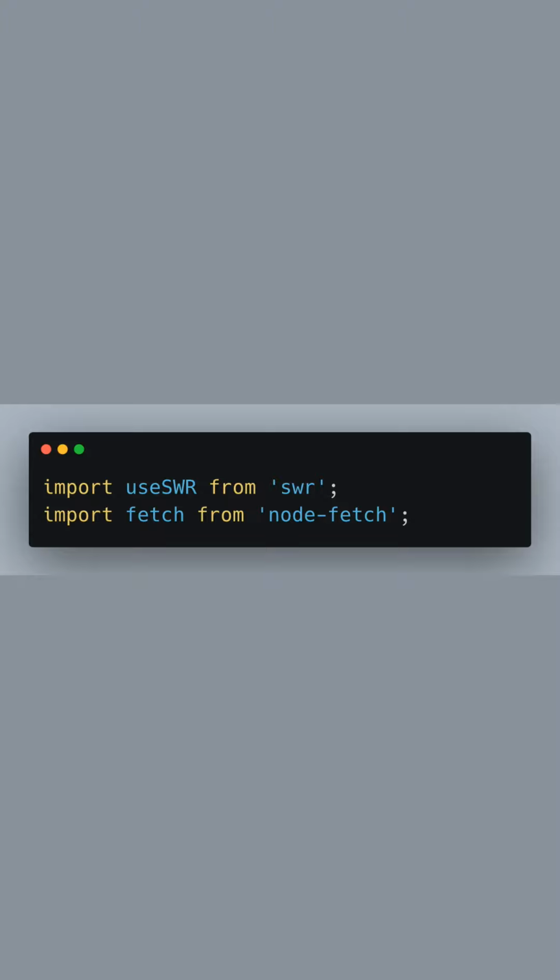Let's begin by importing the necessary modules. Here we have useSWR from the SWR library, which will enable us to implement the Stale-While-Revalidate strategy. Additionally, we import NodeFetch, a lightweight module that enables us to make HTTP requests similar to the Fetch API provided